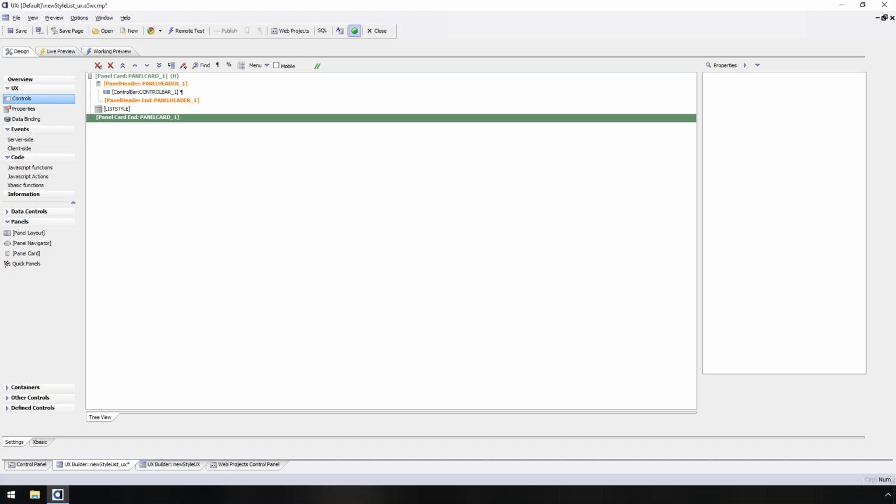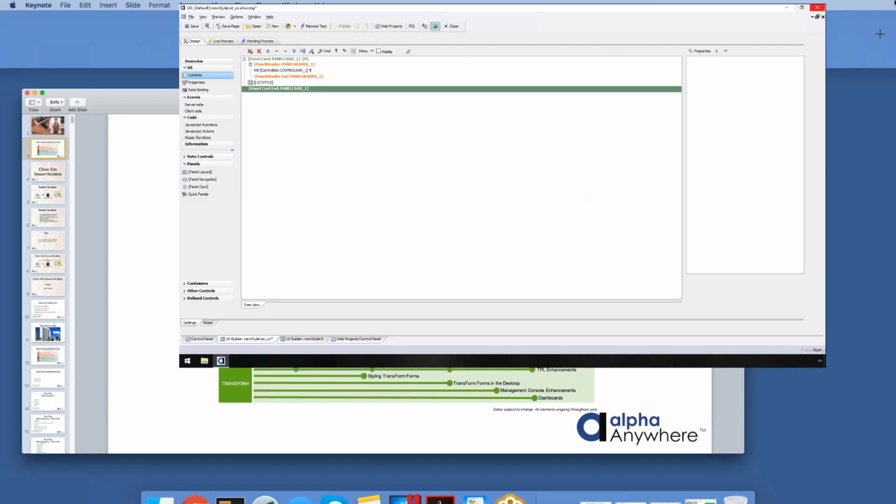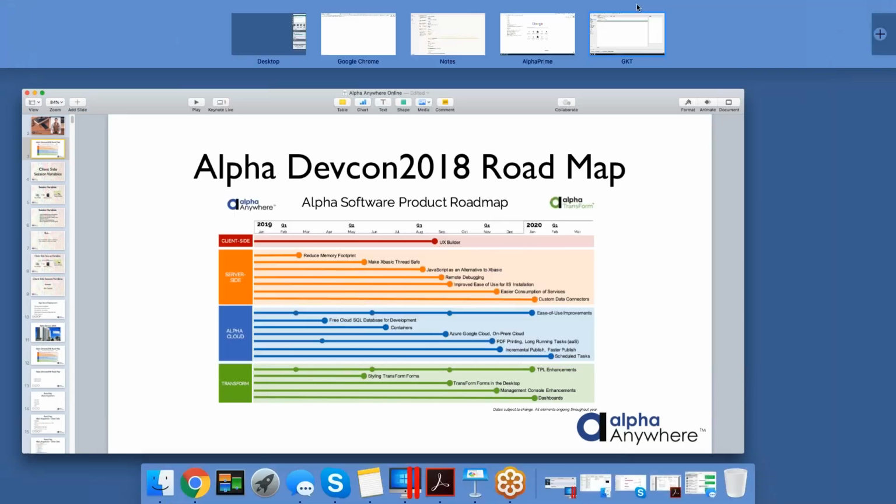I have certain projects that require certain levels of Alpha. Now, I can, if I would like, set up multiple versions of the development environment on a single development machine. That's doable. In fact, you can also do that with the Alpha server, although the Alpha Cloud makes your life easier because it's all automatic for you. But because I want to maintain more control, and I'm on a Mac here, I've actually got two